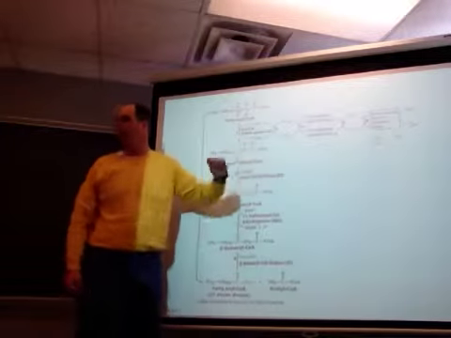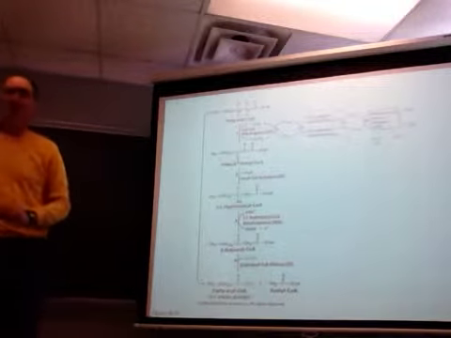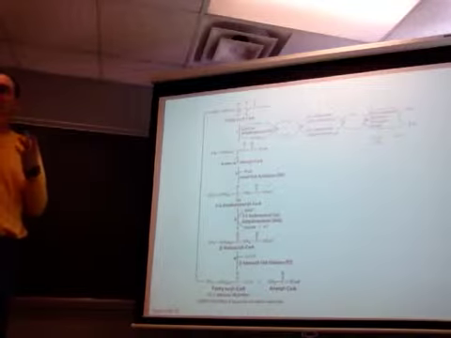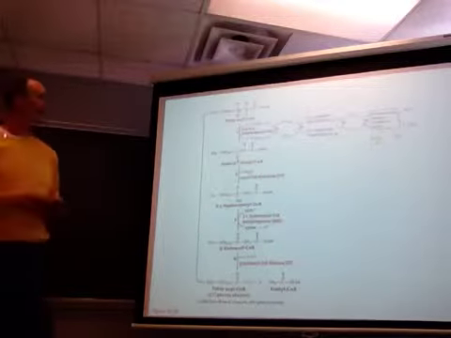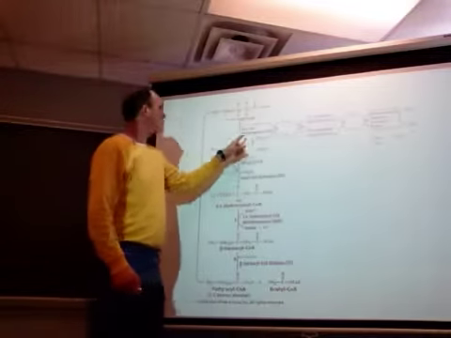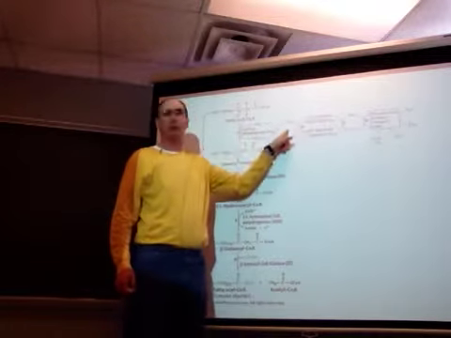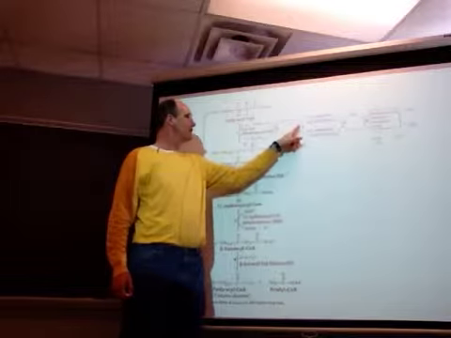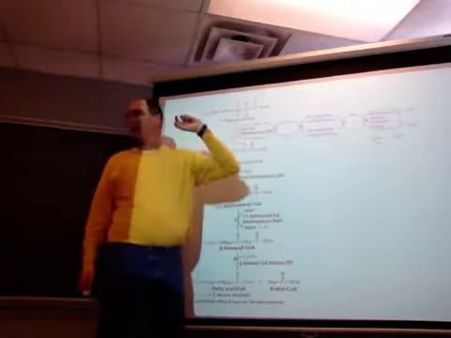What's different from succinate dehydrogenase, where succinate dehydrogenase has an integral part of the enzyme that can interact directly with coenzyme Q, is that this needs help, right? It needs this protein,